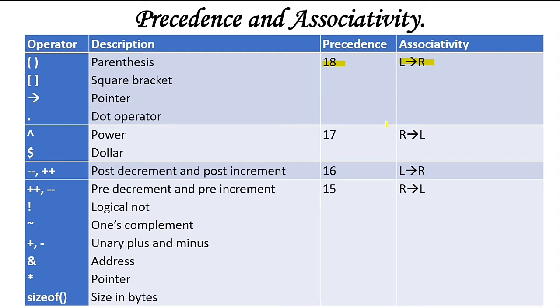And there are some particular operators which will be operated from right to left. So for example, if you have the power symbol, then 2 to the power 2 to the power 3. Now what you need to do is 2 to the power 3 needs to be calculated first. That means right to left you need to start. Then you need to proceed with 2 to the power 8, right?